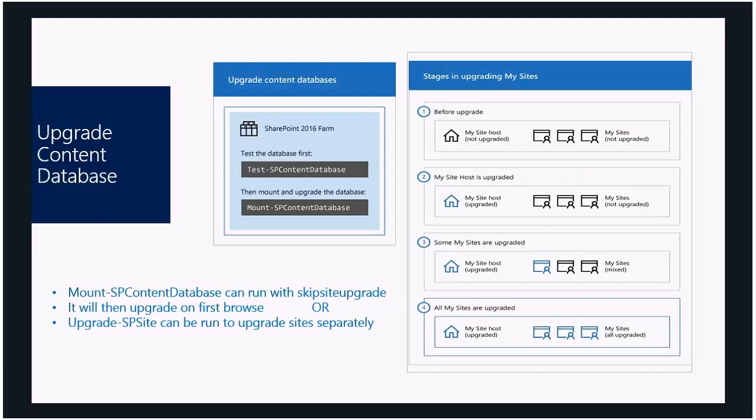Finally, we can use the upgrade content database step here. With the upgrade content database, we can use two PowerShell commands, which is very important here. The first one is Test-SPContentDatabase. This is used to test whether your database can be mounted into the SharePoint 2016 farm. It will identify